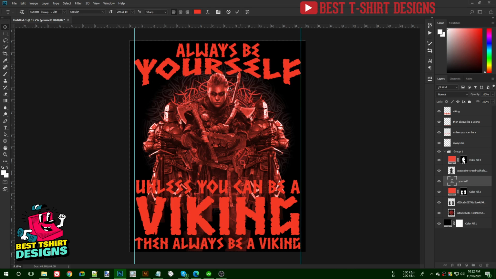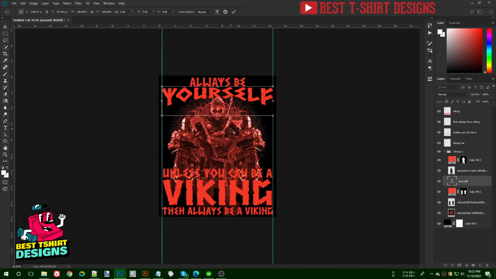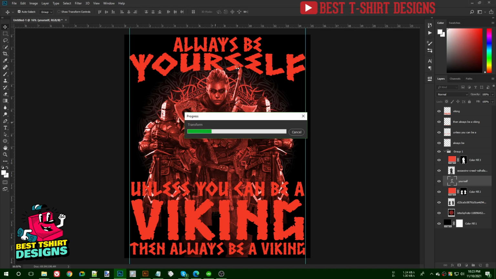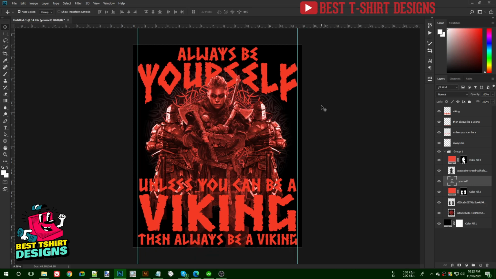And then I'm pressing Ctrl T for the transform tool to give me this transform option. First of all I am going to select this yourself text and press Ctrl T. It is going to give me that option for my text. Okay, so what is going on here? That is fine. Let's just bring that a bit down and then press enter. It is going to apply that effect. It can take some time, so it is looking like this, and that much is good for me, no problem.